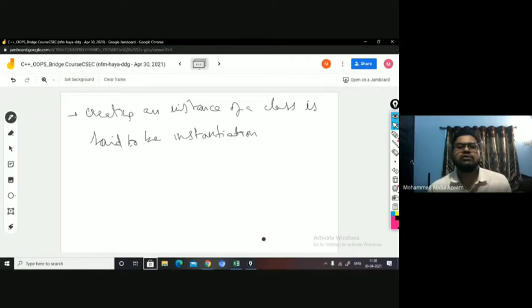So that instance is said to be what? Object, right? So how do you do that? Class name, space, object or instance name, right?